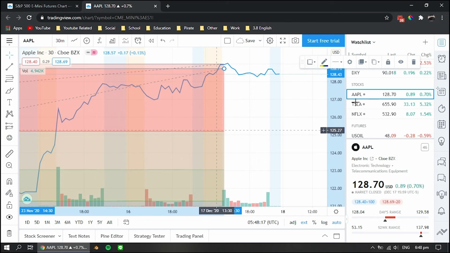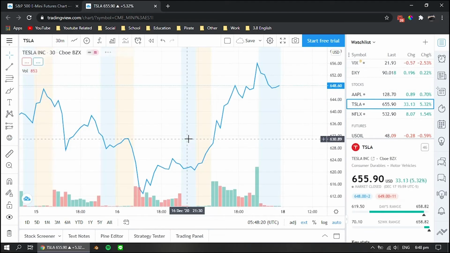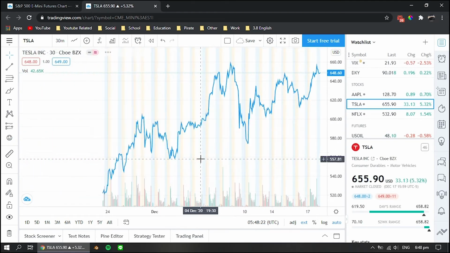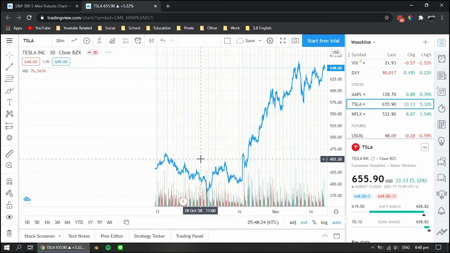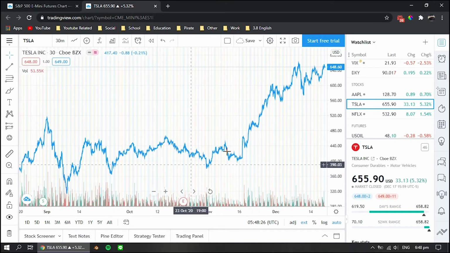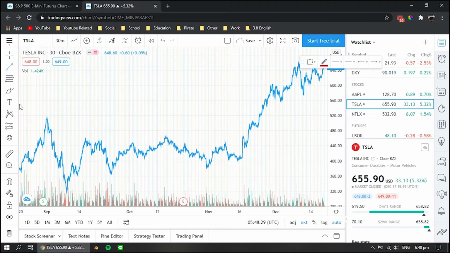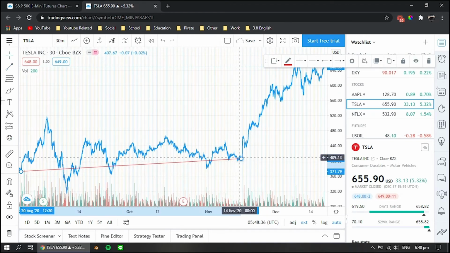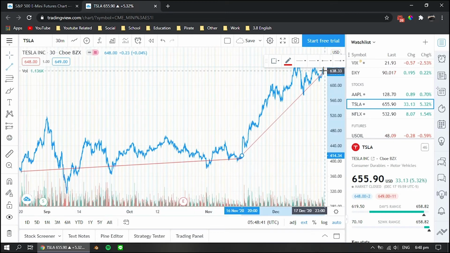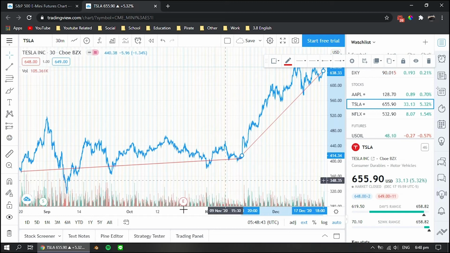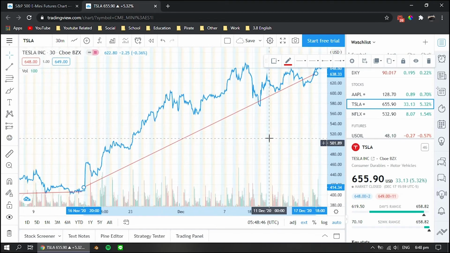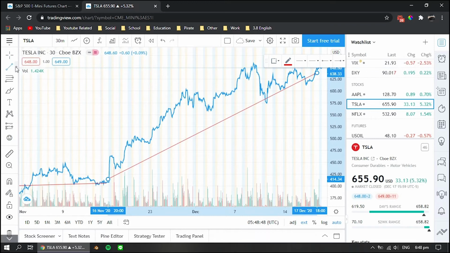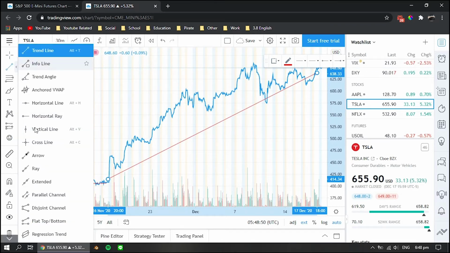promising. If I were to look at a different stock, like Tesla, for example, if you zoom out quite a lot, you can see a general upwards trend. It is quite good. Obviously from here to here, it's general consolidation, and then once it's hit the 16th of November, it just goes straight up. So that's a good sign, but you can also look at it in this way, where this curve, if I just find the right tool here,